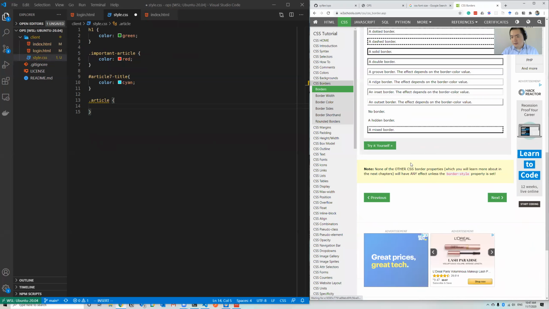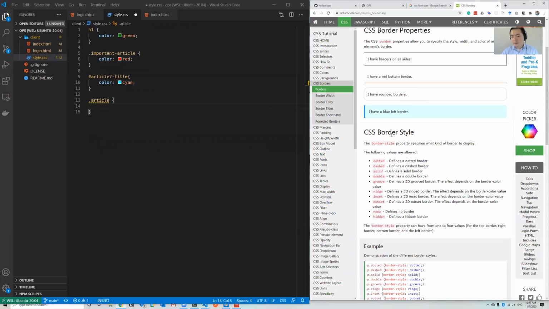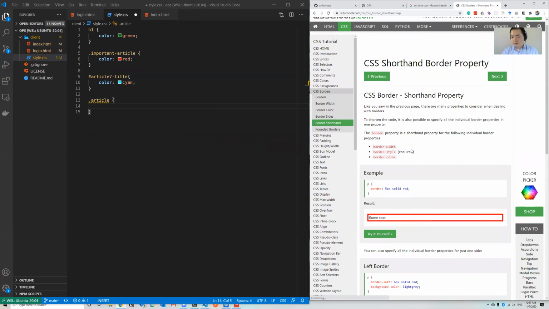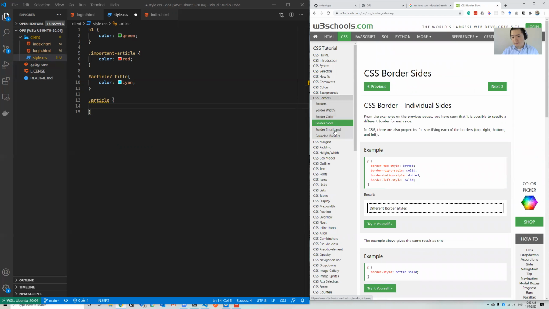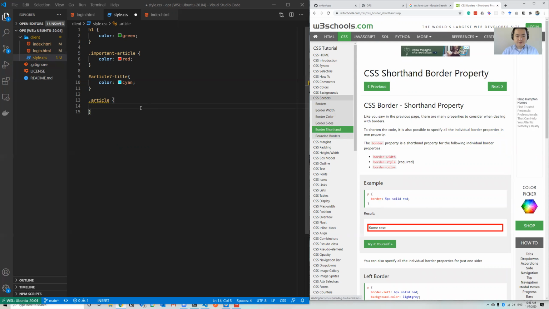Let's say other good examples. So, border shorthand. Yeah. So I personally typically use borders in this way. Okay, I'm going to write 3 borders. So we have border width, border color, and the border style. But I just simply want to create a border, so you can use it this way to define the